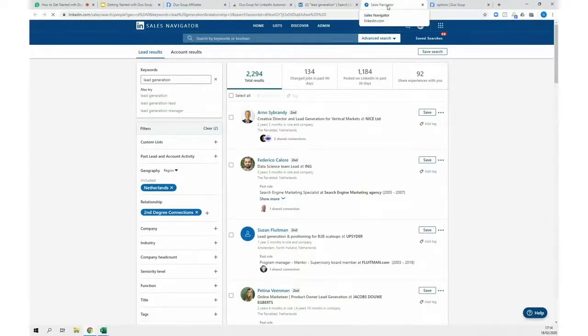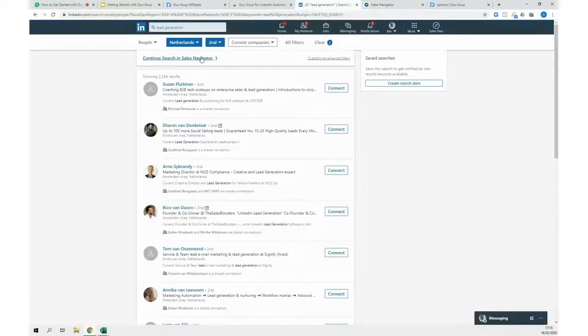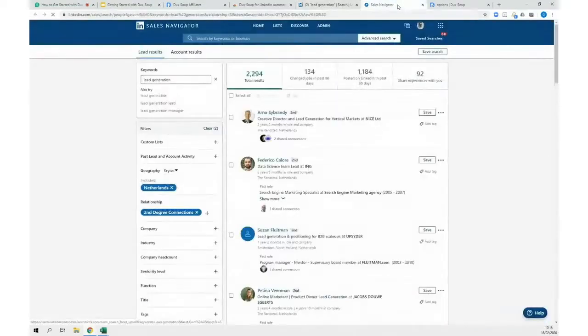The other difference with Sales Navigator is if you're carrying out searches within groups, which is a very powerful way to be able to engage with people who have a certain interest or work within a certain industry. If you're working within standard LinkedIn, you can only search against groups that you are a member of. If we go to Sales Navigator and we look under advanced search and we look for leads here,